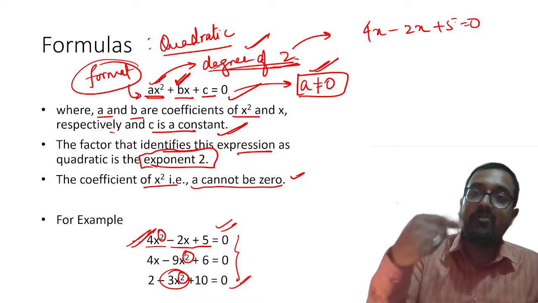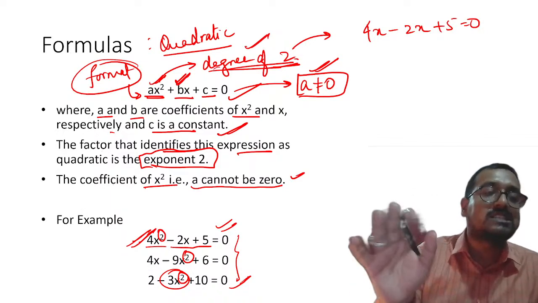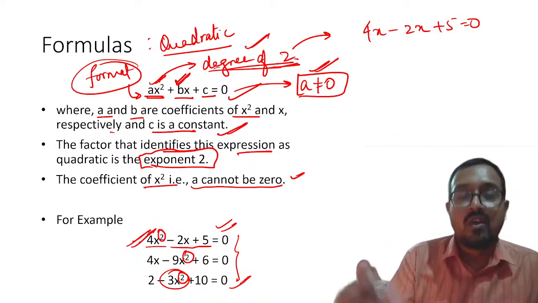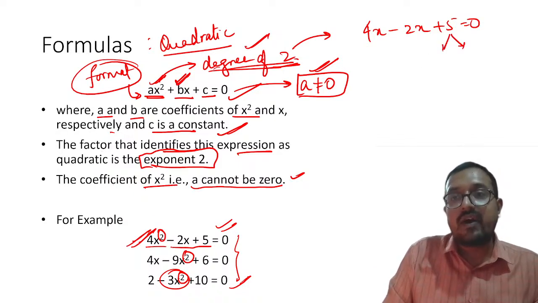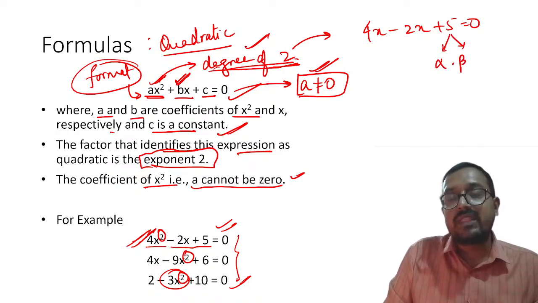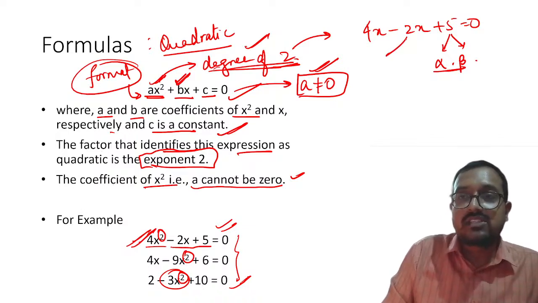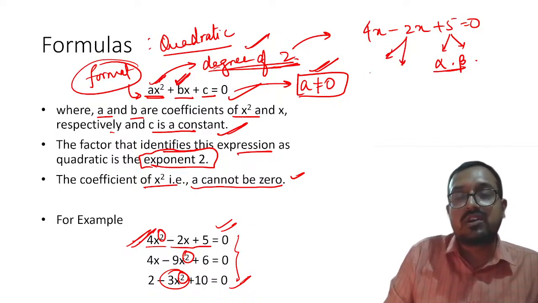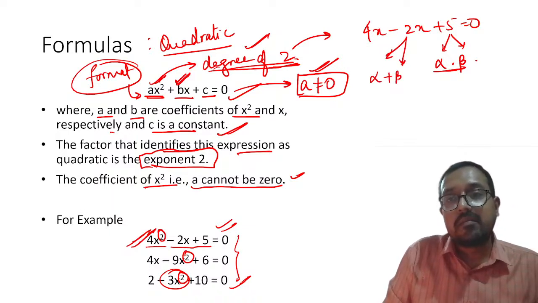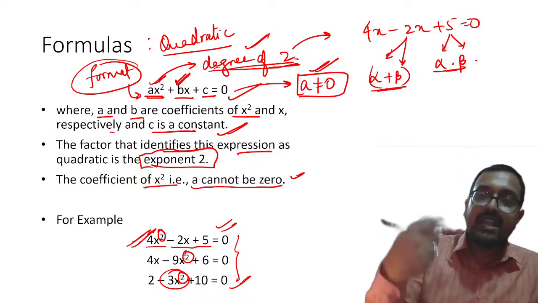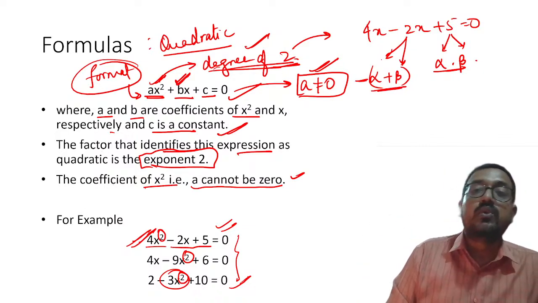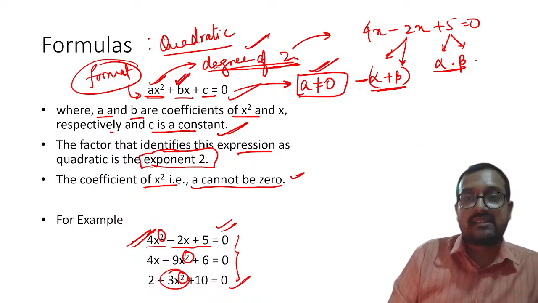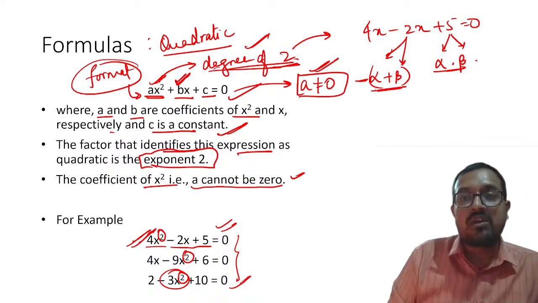My dear students, if I have to solve this question, and let us say that this has some real root, then you will find that alpha beta is equal to 5, and this minus 2 will be nothing but equal to alpha plus beta. Understood? So from this thing over here, you can try to find out your answer. Please remember, you can try to find out your answer.